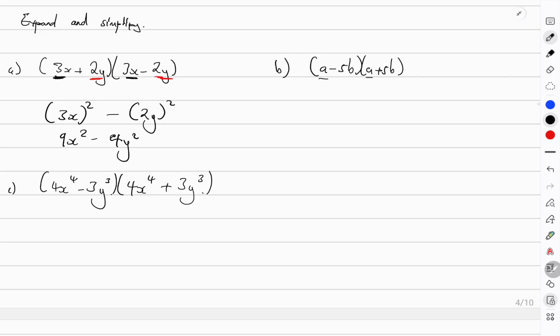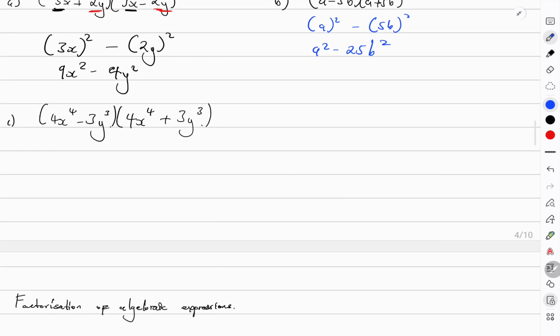So the first term and the first term, they are the same. The last term and the last term are the same. Therefore, it means my answer will become the first term squared, which is a squared, minus the last term squared, which is 5b squared, meaning my answer will become a squared minus 25b squared. That is what it means. So let us look at the last one. The first term and the first term, they are the same. The last term and the last term are the same. Therefore, my answer will become the first term squared, which is going to become